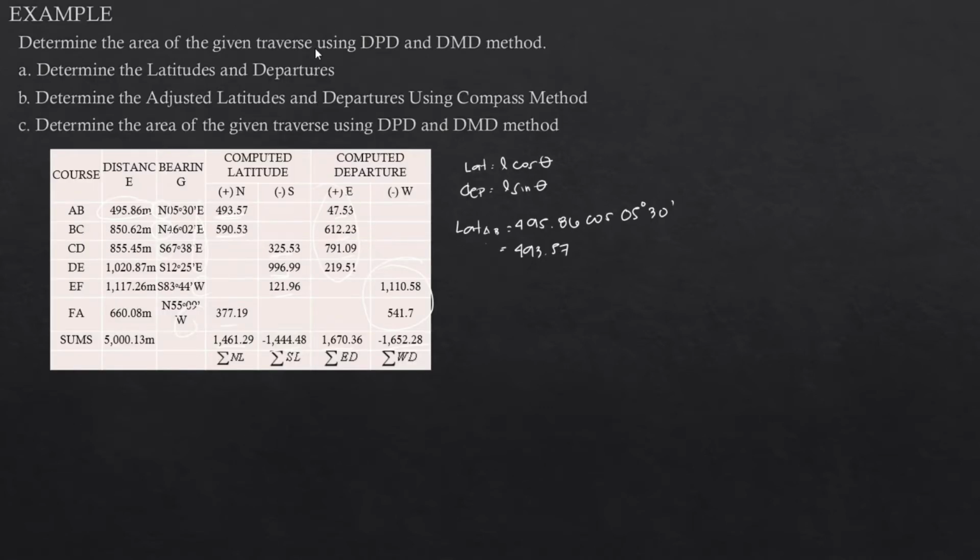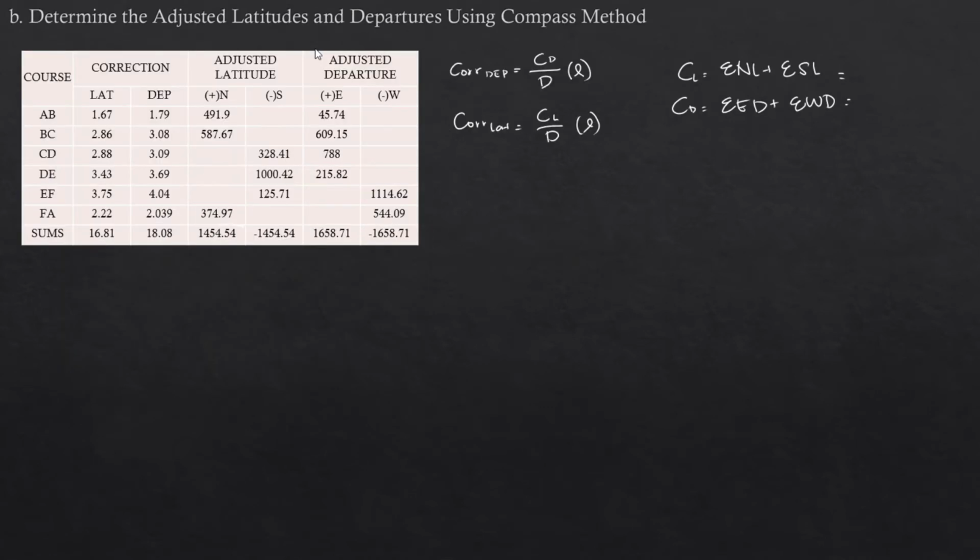Okay. So, kunin natin. Ilan yung summation of north natin? 1,461.29. Okay, so ibaba na lang natin. CL natin is 1,461.29 plus negative 1,444.48. CL natin ngayon is equal to, so etong given natin dito, yung pagkuha ng DMD, ito rin yung given